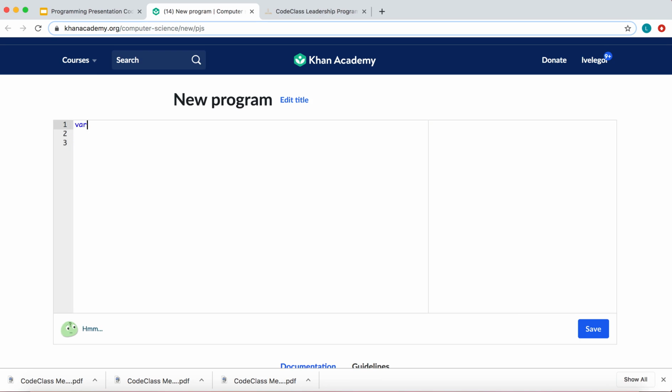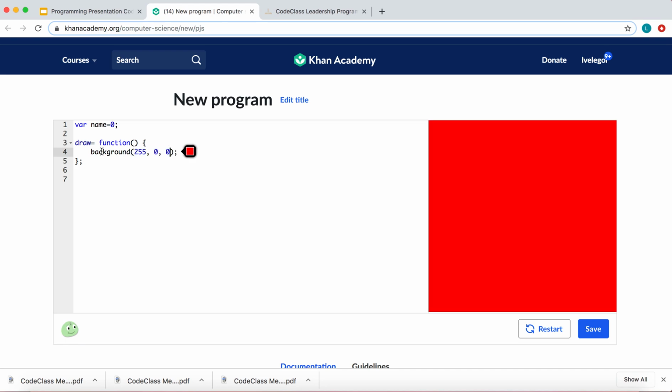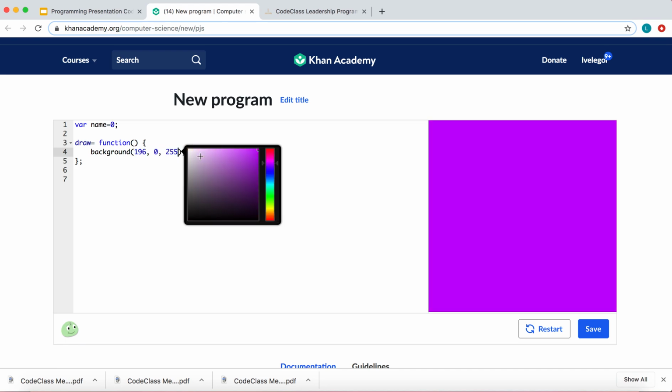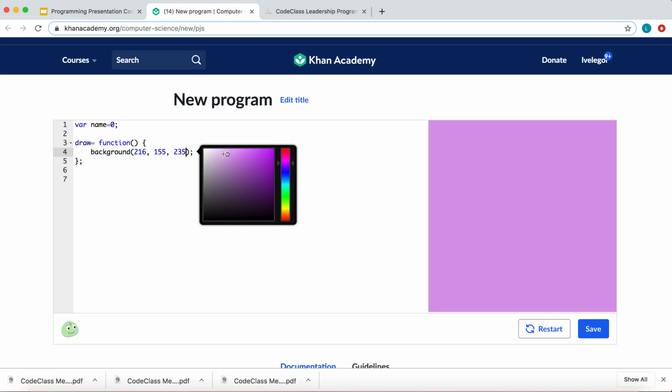The first thing is that you need a variable, and again, I encourage you to tell them just to write their name, and I also encourage you to tell them to set it equal to 0. Next, you need a draw equals, and it will autocomplete the function part for you. Then you need a background. You always need a background in here, and that needs to be inside of your draw function, or else